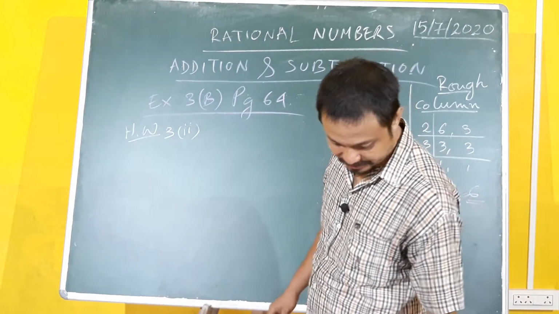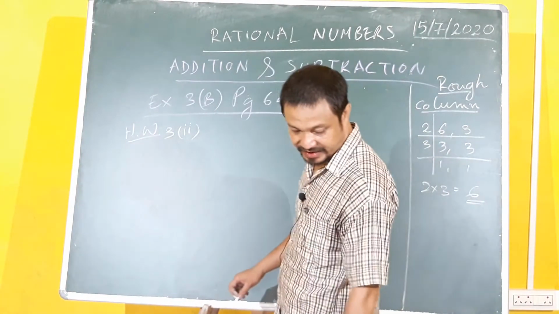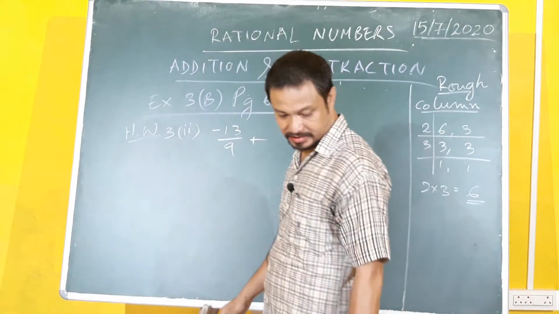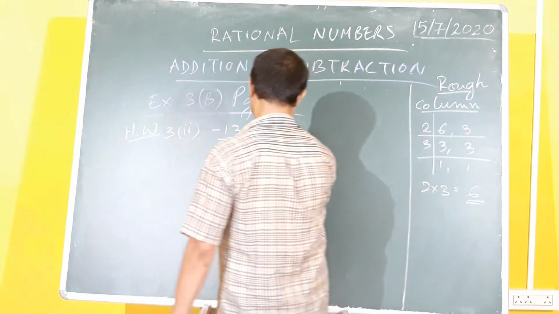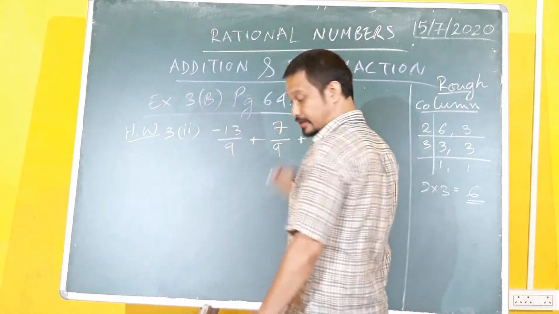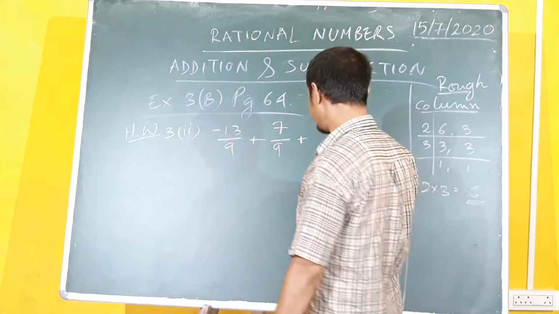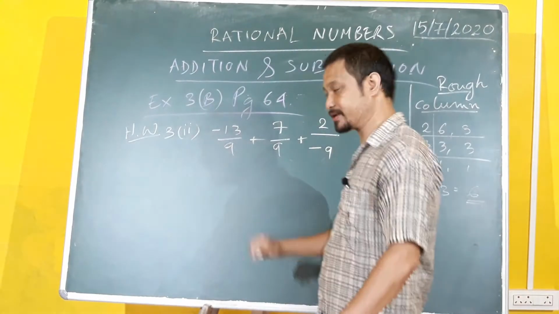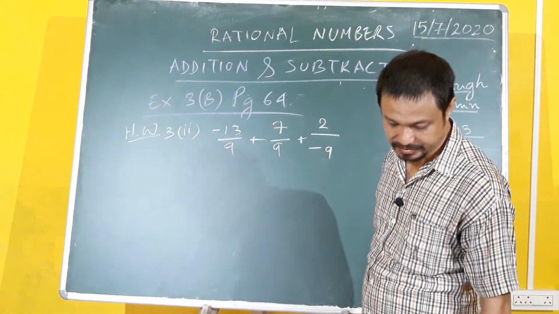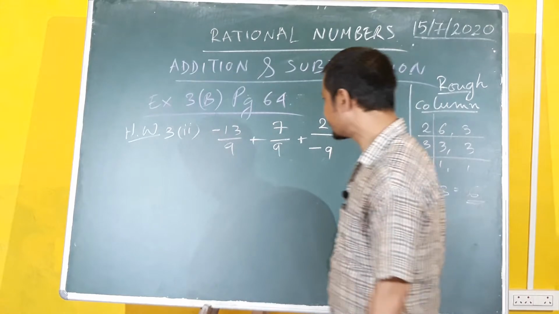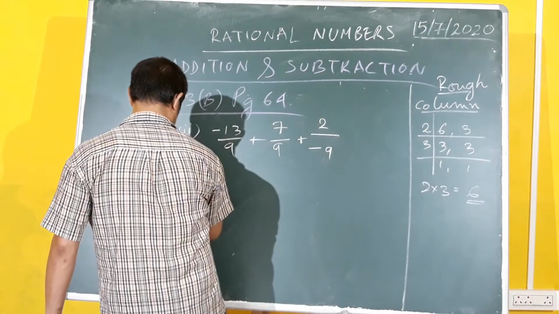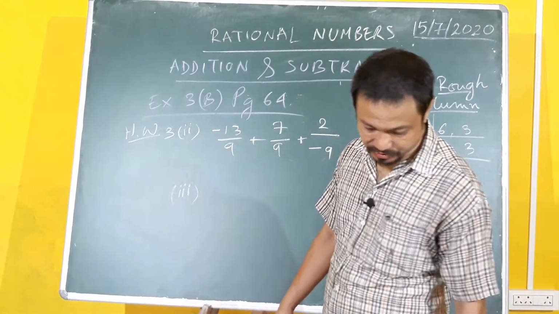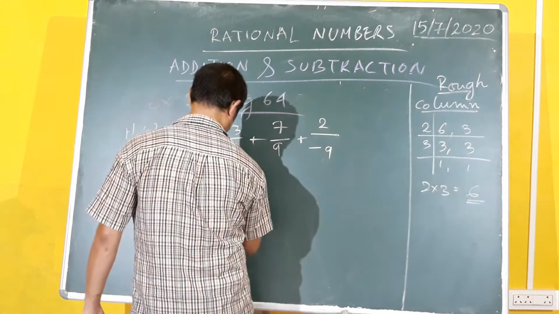Maths is the same. Okay, so subsection 2 will be evaluate minus 13 upon 9 plus 7 upon 9, and I think you are lucky again because all the denominators are the same except for a little twist, minus 9. Be careful of that. Okay, I know you can do it. Challenge yourself, children. Life is full of challenges and you should live up to the challenges. That's only when you become a better, refined human being.